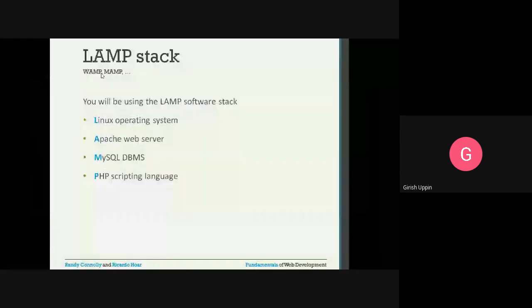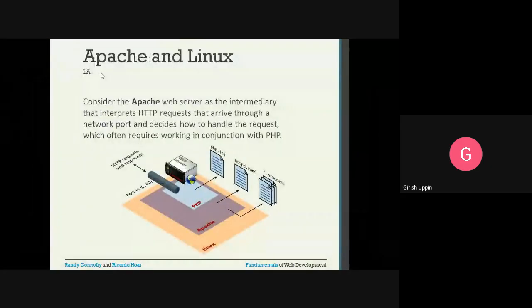Apache and Linux. So consider the Apache web server as the intermediary that interprets HTTP requests that arrive through the network port, decides how to handle the request, which often requires working in conjunction with PHP. You can see this is the HTTP request that is coming through the network at port 80.